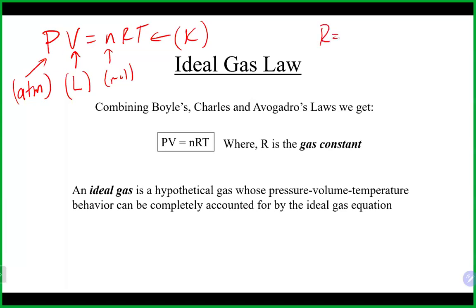R is a gas constant, 0.08206. The units of R are liters times atmosphere over Kelvin times mole. I personally use 0.08206 because that's the number they beat into my head, and I can't get it out as hard as I try. But nowadays, a lot of books will round this number to 0.0821. So that's okay as well. If you want to use 0.0821, that's okay. A lot of books round it these days, but I personally will use this number because that is what's in my head.